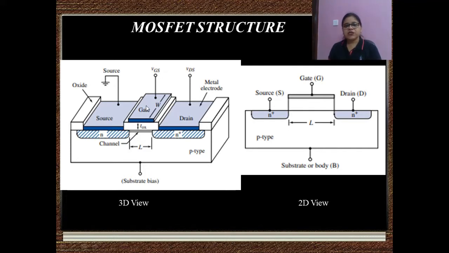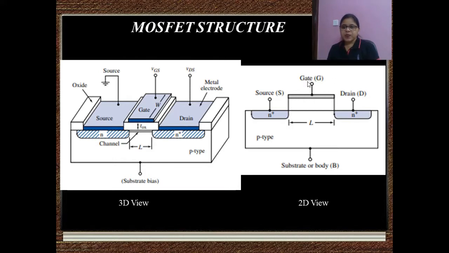So whenever the gate voltage is applied, then because of the effect of the gate voltage, a conducting medium forms over here. And this gap between source and drain is denoted as L, and this is also known as the channel length. Now, if you can see the same thing in a very simplified fashion in a two-dimensional view. See, this is the source and the drain terminal, which is of N plus type. This is a P-type substrate. Here, this white portion is an insulating layer, which is silicon dioxide, and this portion is a metal layer, which is forming the gate terminal.